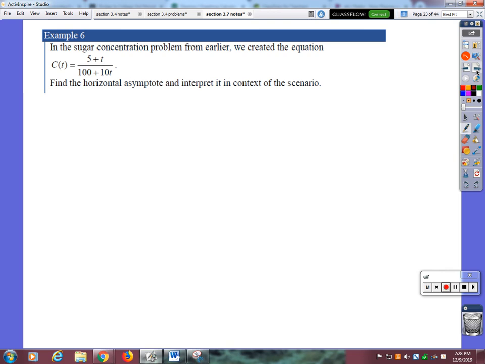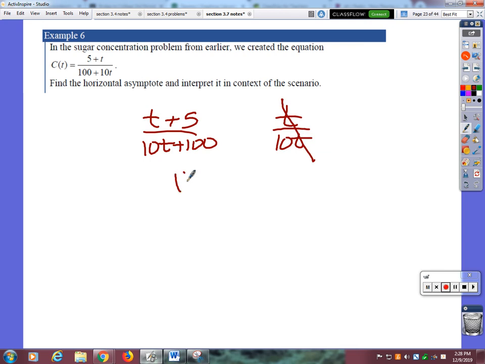And so what I would do with this is if I have t plus 5 divided by 10t plus 100, I'm only concerned with the terms that have the highest exponent, so all I care about is the t over 10t. The t's cancel, so that means I have a horizontal asymptote